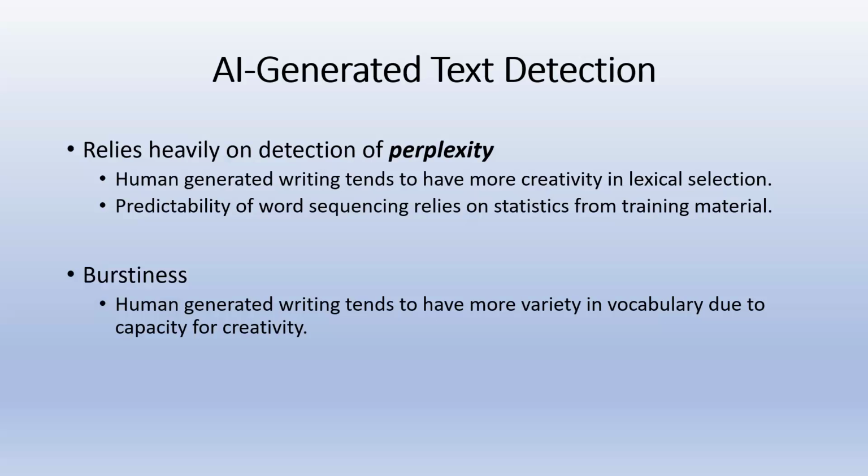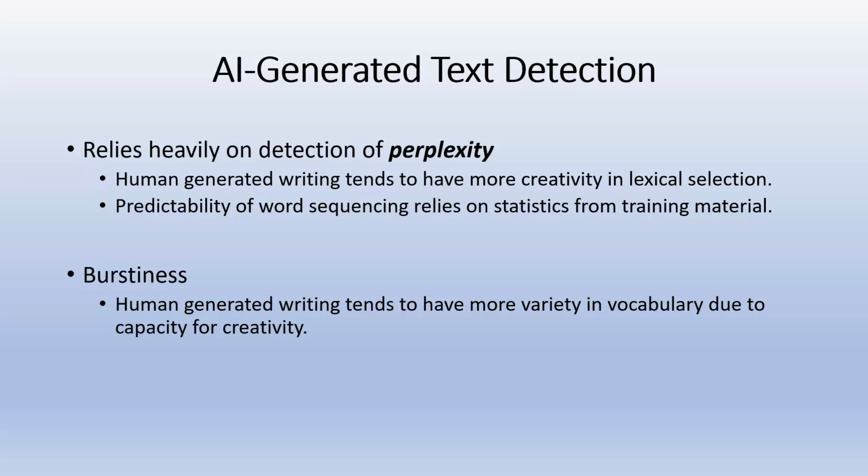So of course, because of this, we have AI-generated text detection programs. And these are very commonly used by instructors who are concerned that their students may not actually be completing assignments themselves, not actually improving their own compositional skills, but are instead relying on AI text generators to produce their work.